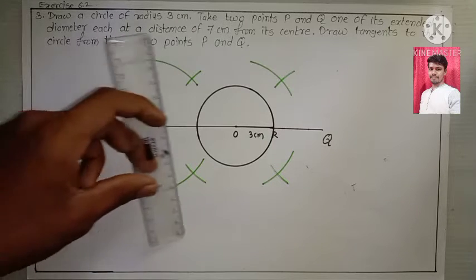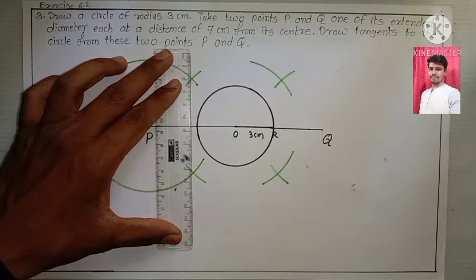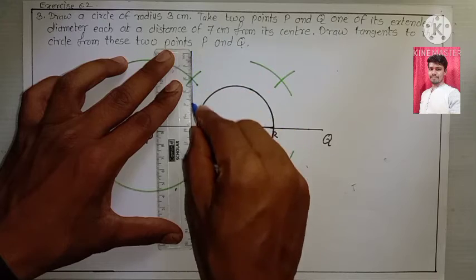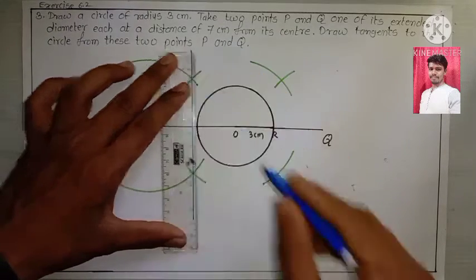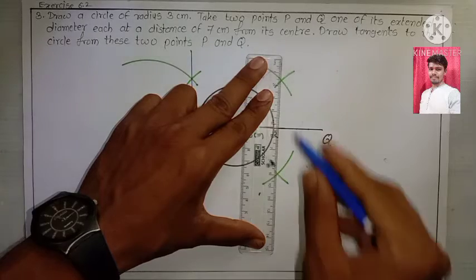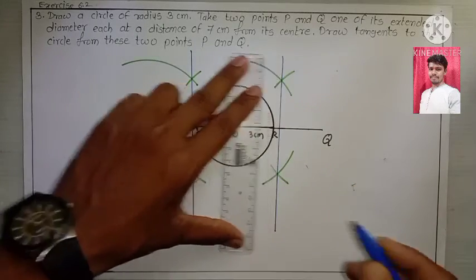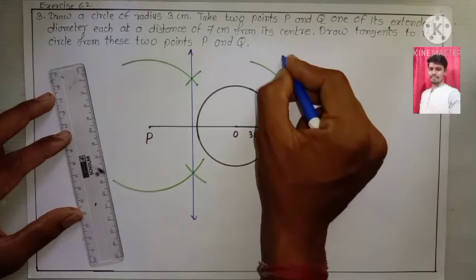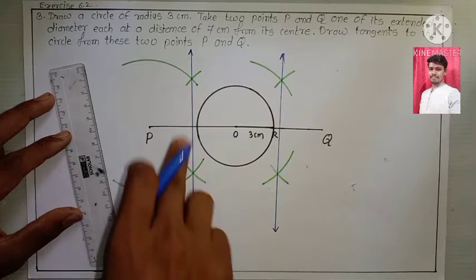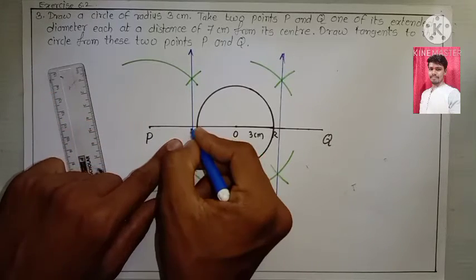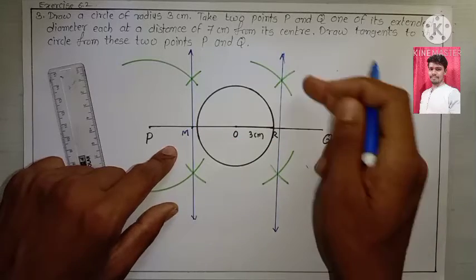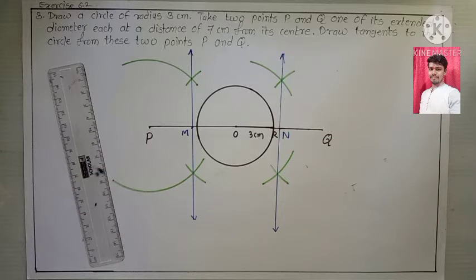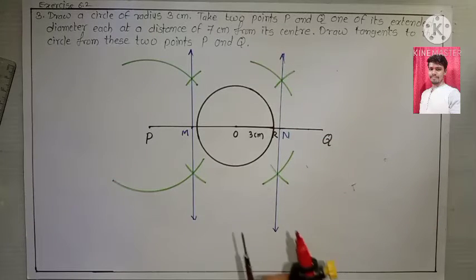Which is step 5. Now we draw the line through these intersecting arcs, the same here, one line drawn, and the straight lines are shown here. The first intersecting line meets OP at a point we name M, and the second intersecting line meets OQ at a point we name N. In step 6, take a compass.